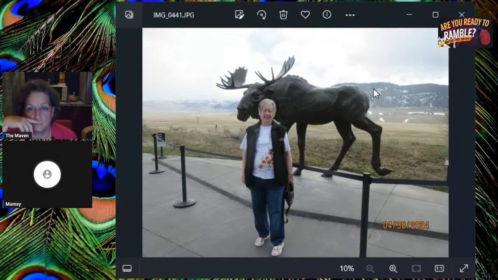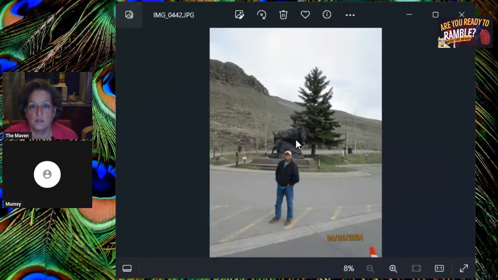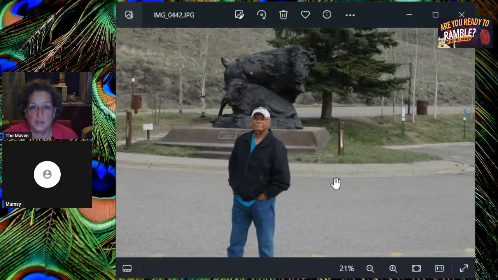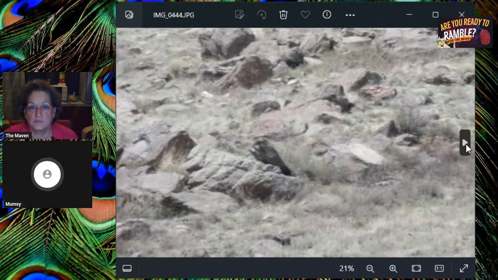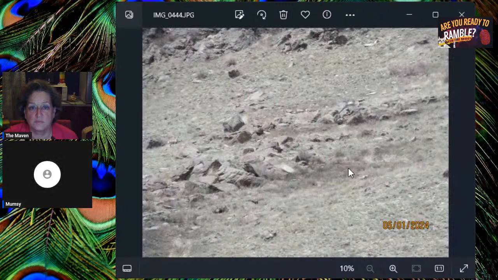Elk has a fuller body, more like a cow. I think you're right. And there's David with a buffalo statue. It was a really interesting museum.